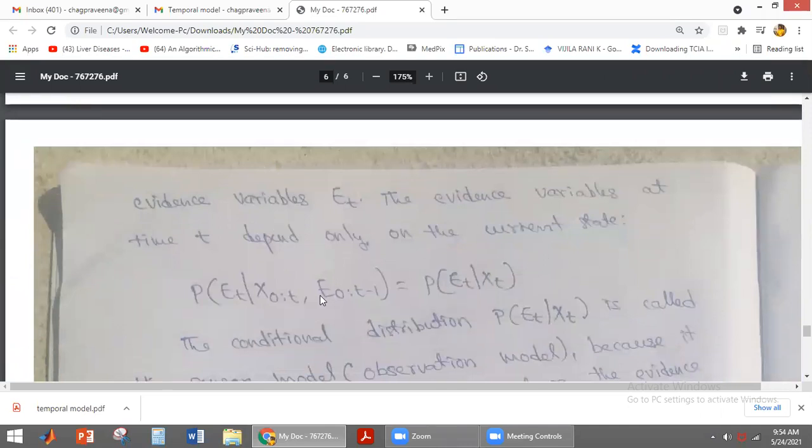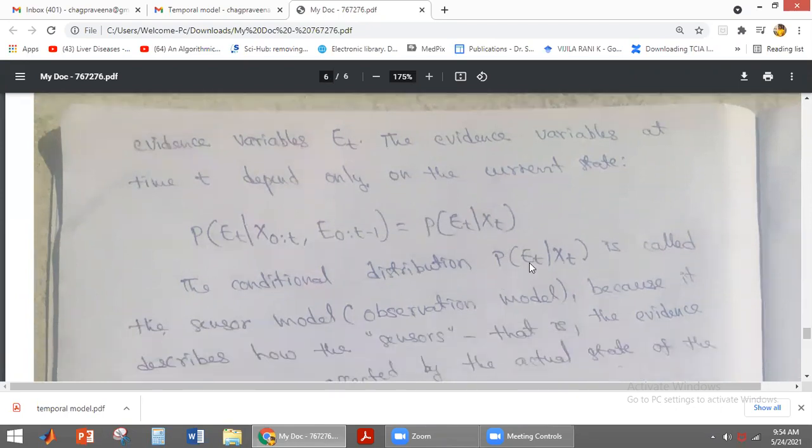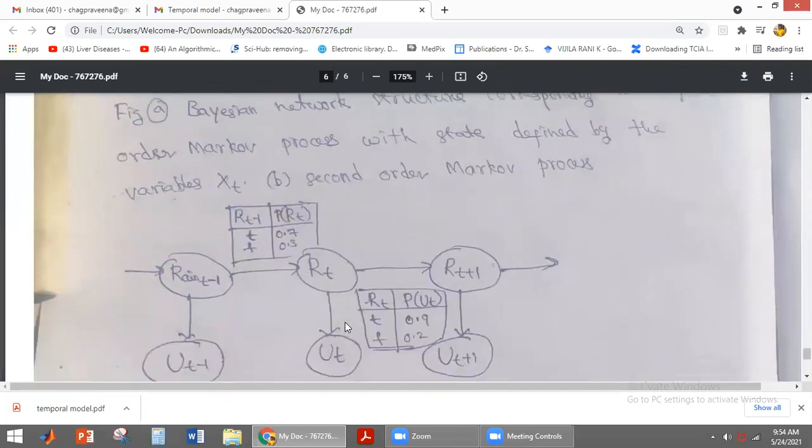What are we doing here? The evidence variable at time t depends only on the current state. So probability of et given xt minus 1, e0 to t minus 1 depends only on the present state. That is, probability of et given xt. So we are restricting the parent of the evidence variable. This P of et given xt is called the sensor model. Okay, this is the figure of the sensor